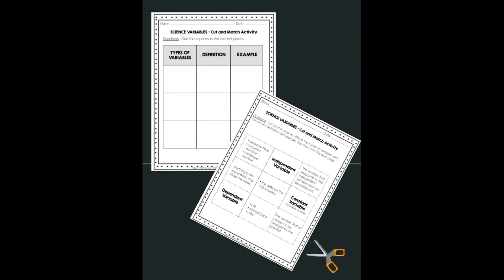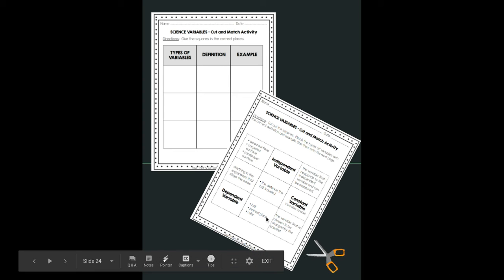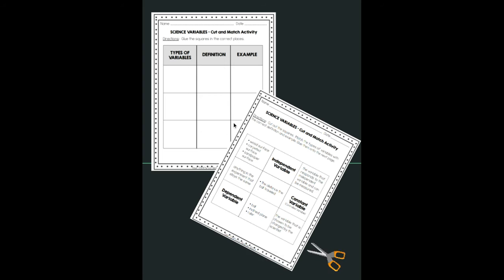All right, so the first activity is a cut and match activity. You will need scissors and glue, okay? And you are going to cut the variables out, these here, and glue them onto the mat. The first column would be the types of variables. In this column, you're going to put independent, constant, and dependent, because those are the 3 types of variables. The bolded words, independent variable, constant variable, and dependent variable go in this